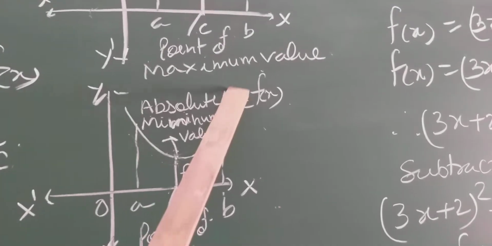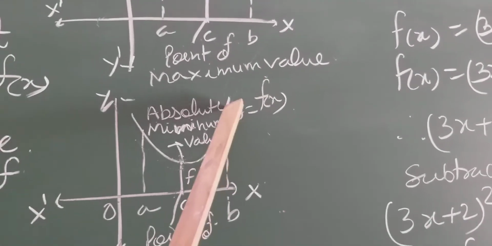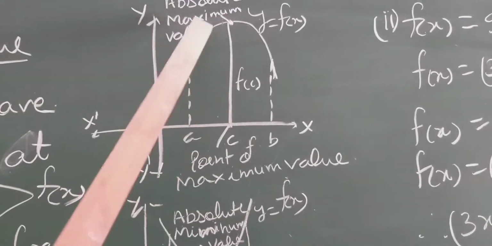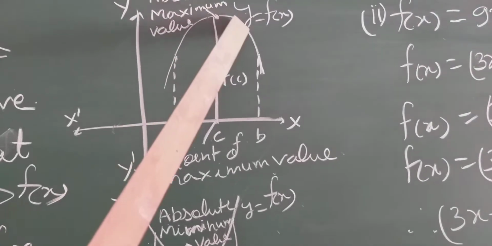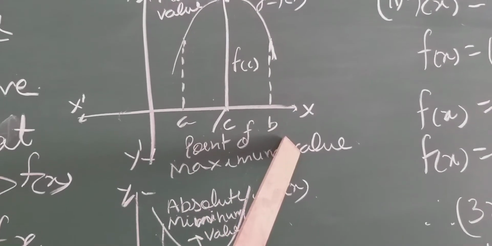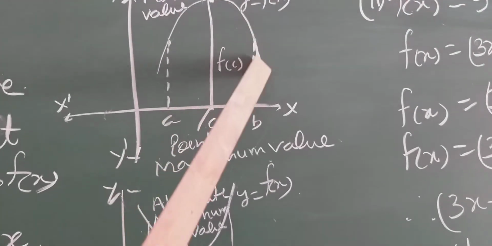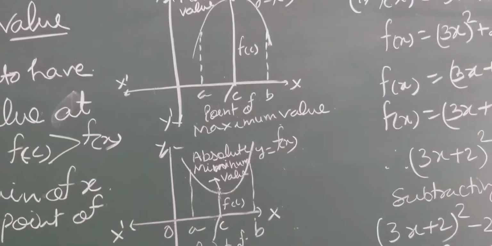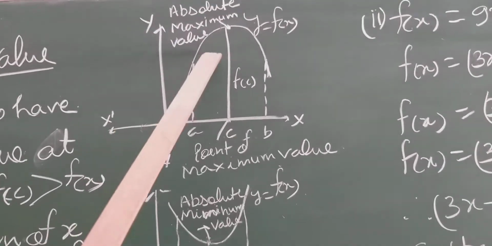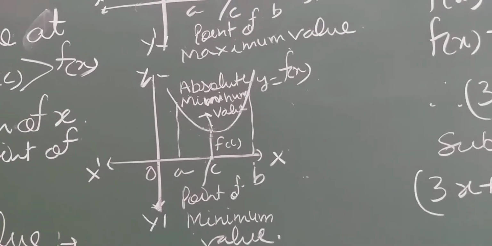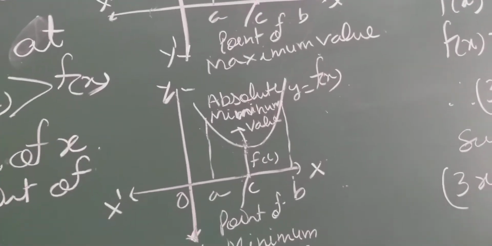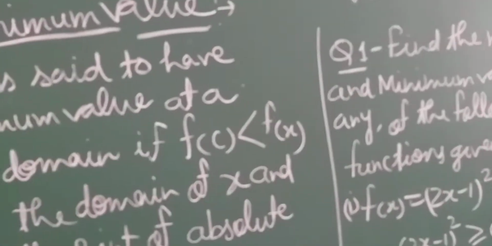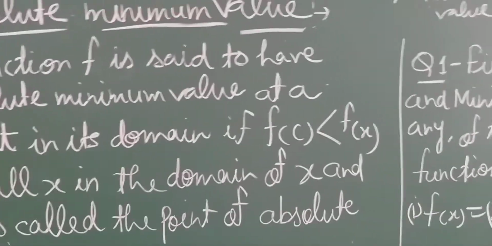Maximum value cannot be obtained here because the graph is going up. Similarly, students, in this graph maximum value is there, but we cannot calculate minimum value because the graph is coming down. So there are different kinds of function. This function has maximum value, this function has minimum value. There are some functions which have no maximum, no minimum. So we will take this kind of example later, the function which has no minimum and no maximum value.